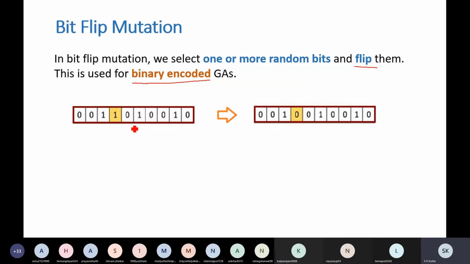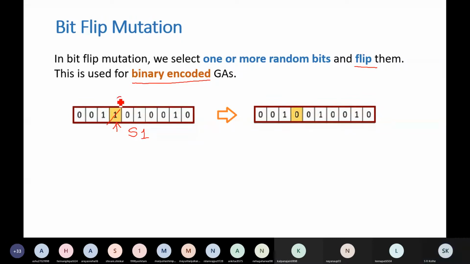For example, consider this chromosome. Suppose I call it solution or chromosome S1. Now, how many bits are there? 10 bits are there, 1, 2, 3, up to 10. If I select this bit randomly, its value is 1. In bit flip mutation, we are going to change it. There are only two possibilities. If it is 1, we will flip it to 0. So here we have replaced this 1 with 0.